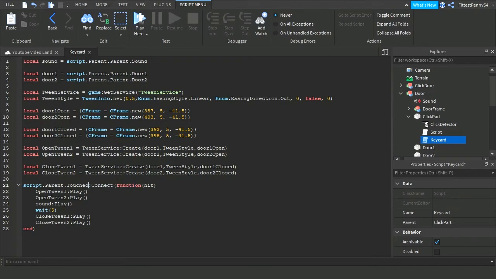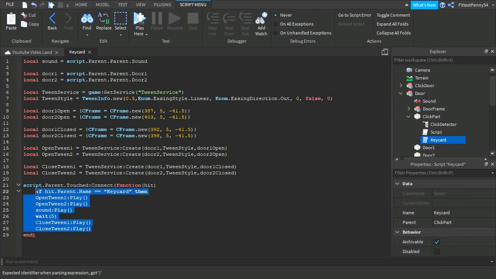Go and connect. But then we need to find if it's the keycard that touched it. So we type if hit.Parent.Name is equal to keycard, or just the name of the keycard. Then